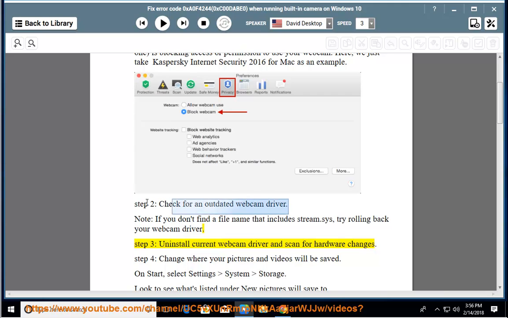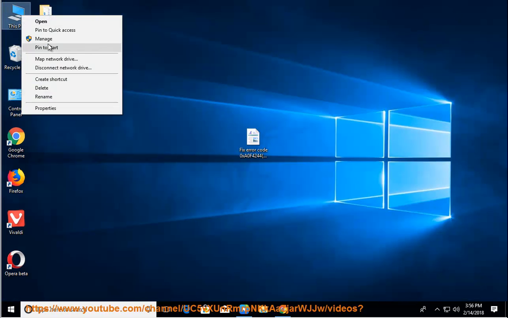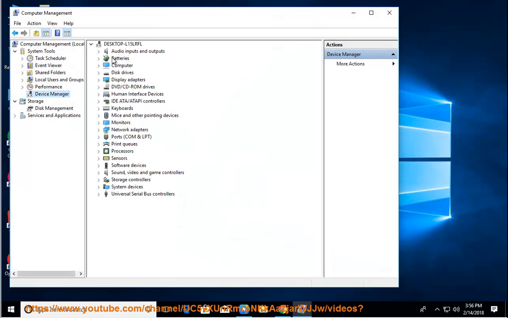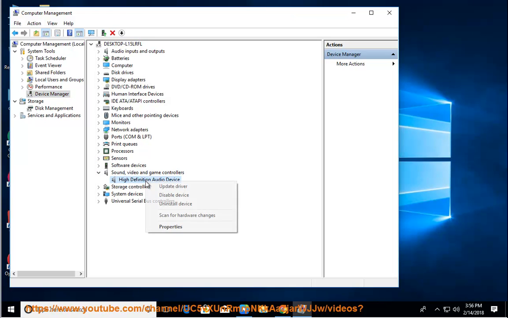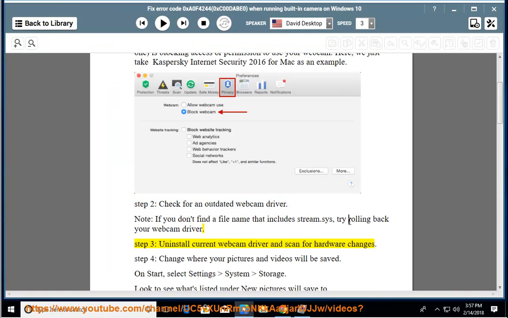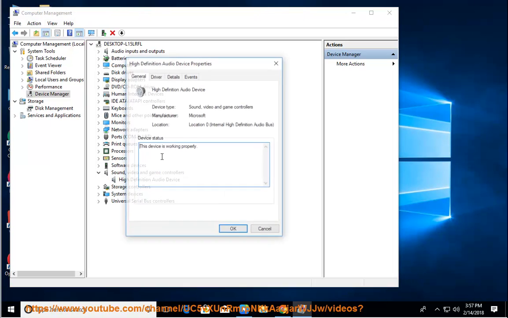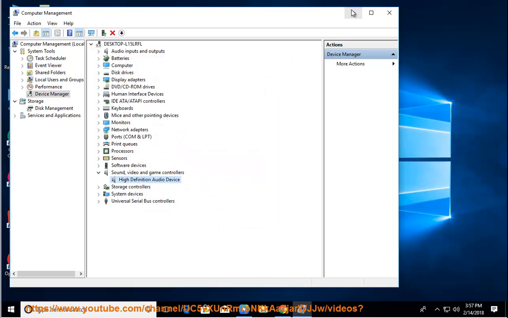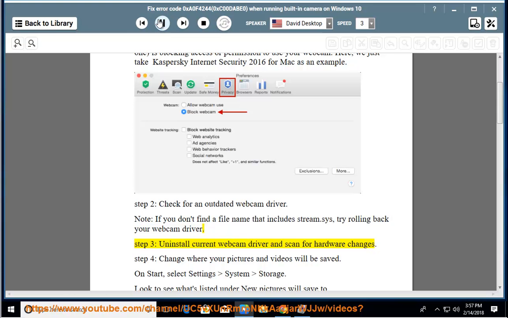Step 3, uninstall the current webcam driver and scan for hardware changes. Step 4, change